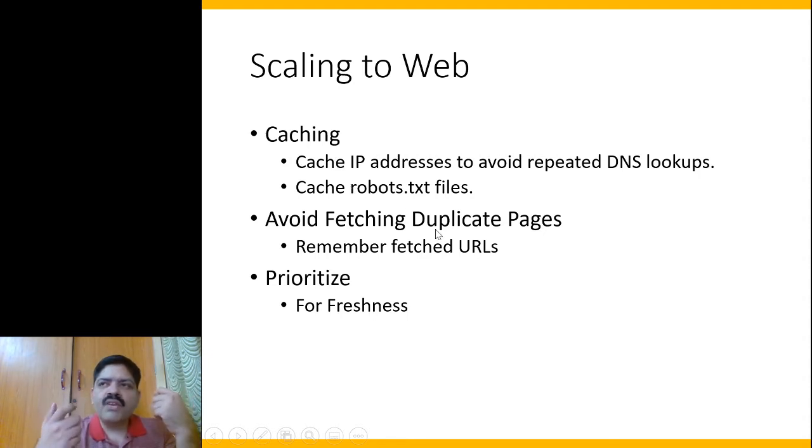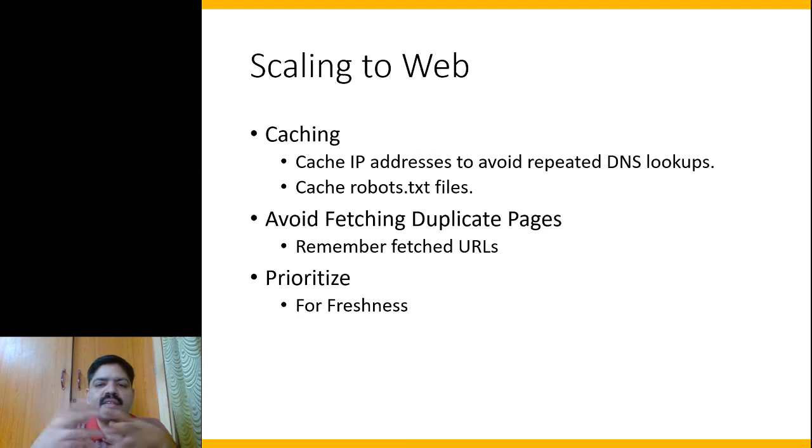Whenever we have a URL to be fetched, the first step involved is to do a DNS, a domain name server lookup. If you don't know what DNS is, every URL has to be resolved to an IP address, and then we connect to that IP address over a specific port, and then issue a HEAD or a GET request, and fetch the page that way. The first step of resolving this name to an IP address is a pretty expensive step. It requires a lookup on a DNS, domain name server, which are a set of non-centralized servers